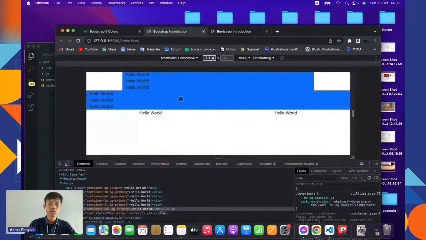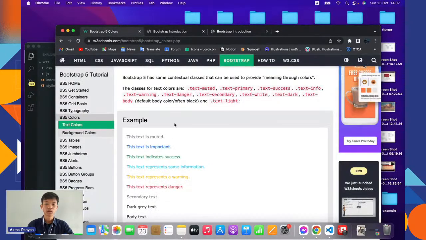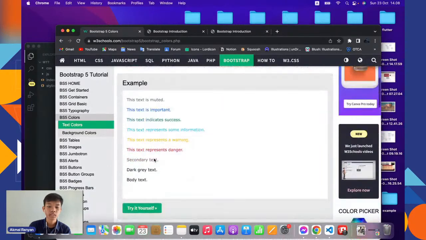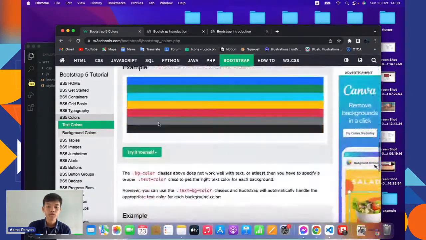Is that working? No, it's not. Why? Because Bootstrap wants you to use the default colors. Bootstrap sets the default color keywords, like muted, primary, success, info, warning, danger, secondary, white, dark, and body and light. This is for text, and for the background,